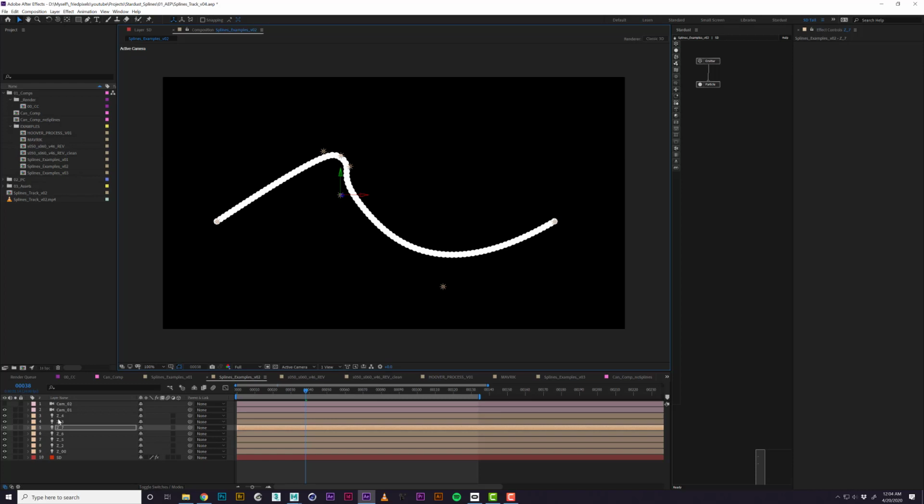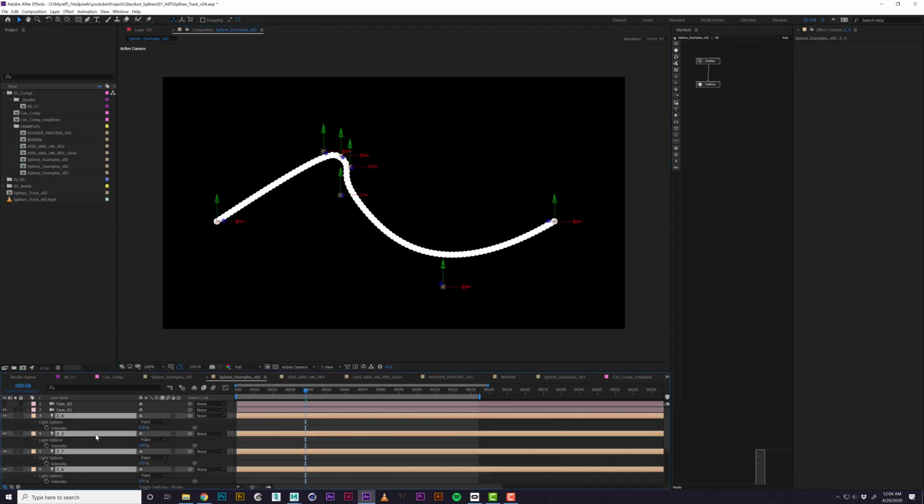What's also nice is if you're not trying to go for something curvy, if you go to the intensity on the light, right now it's set to 100. If we set this to 200, it gets a bit more linear. And then if we go to 300, it's very linear and hard edges.